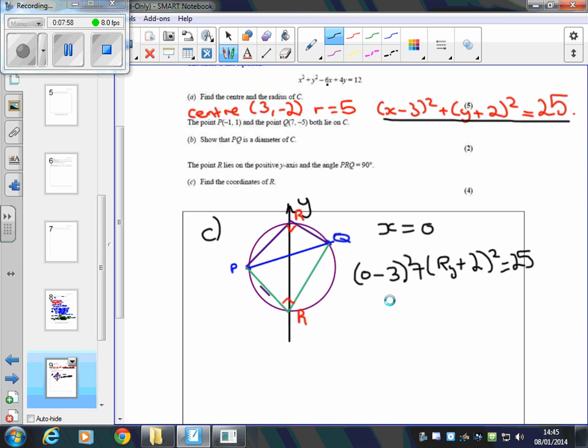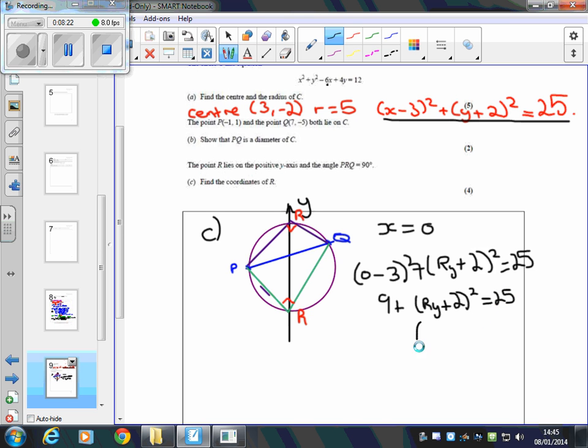So multiplying this out, minus 3 squared gives me 9 plus (my y coordinate for R plus 2) squared equal to 25,